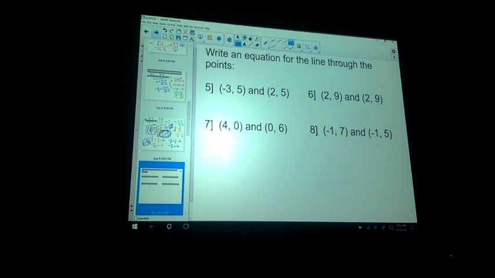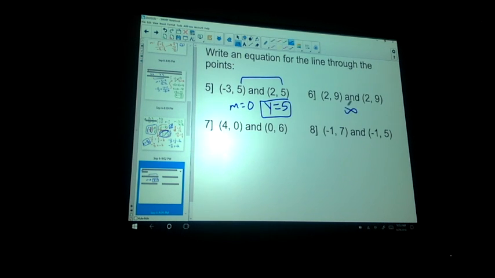All right. Write the equation for the line that goes through these points. So if it says to write the equation, I'm going to get 5 minus 5. 5 minus 5 is 0, so I get 0 on top. That means it's a horizontal line. My equation for this one is just y = 5. Okay? On this next one,